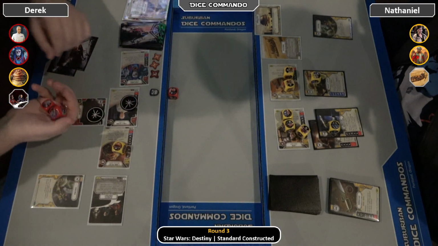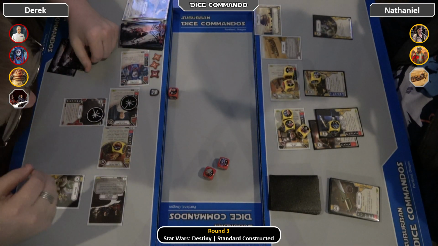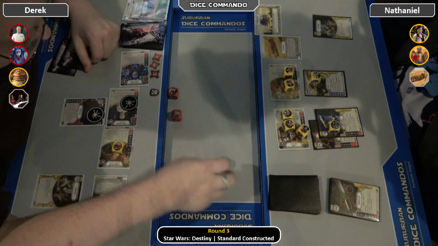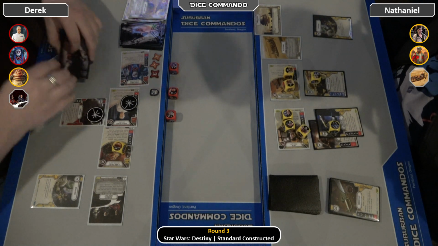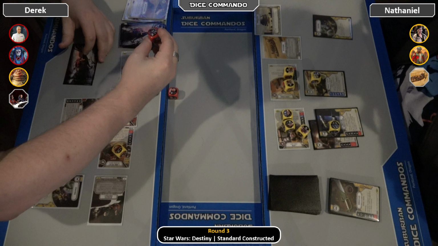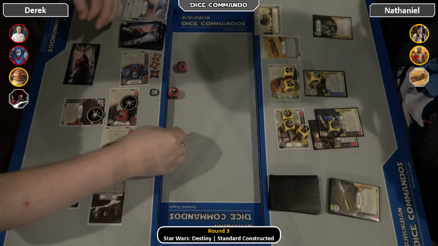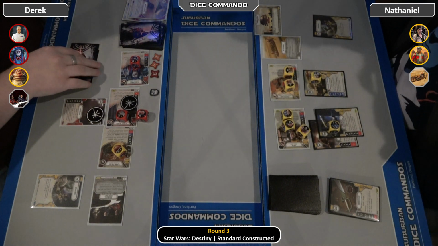Alright, drops Imposing Presence again. He really wants that money. Alright, there's a 2 focus. That'll get him some money. Alright, so 2 money, and then he'll go into the next round with $4. Nathaniel will have...